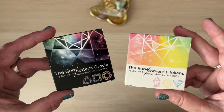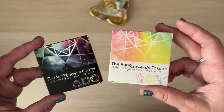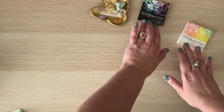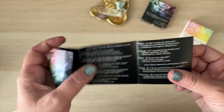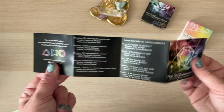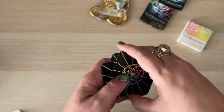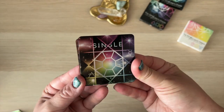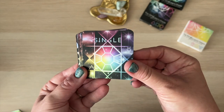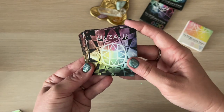My two little mini decks from Liz from the Prism Tarot, the Gem Cutters Oracle and the Rune Carvers Tokens. You have a little booklet, a little fold out. This is the back design. Really sweet little pocket deck, and look at that shiner. Hopefully you can see that. So it's all